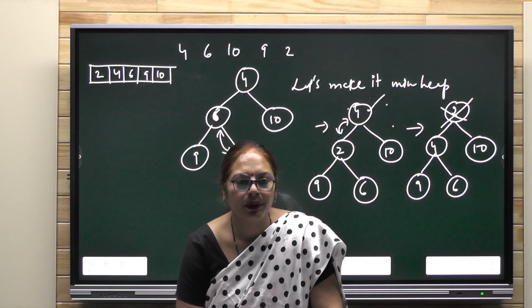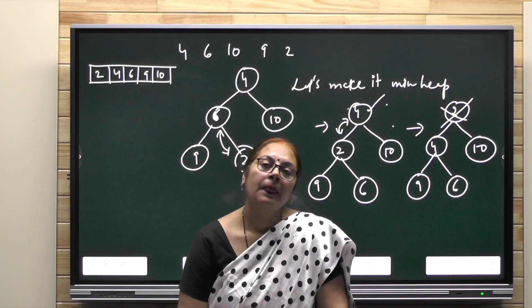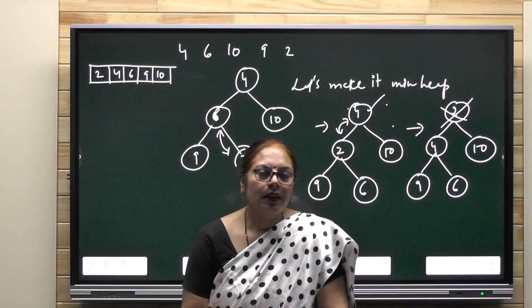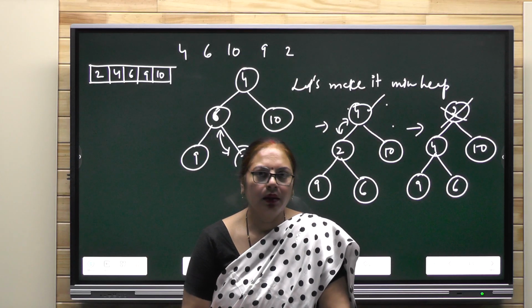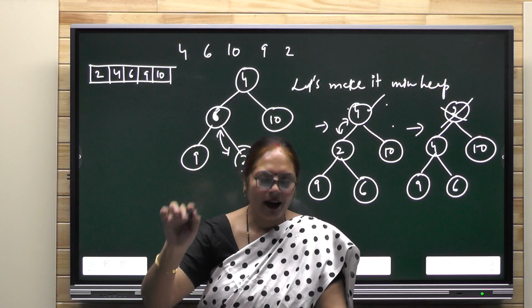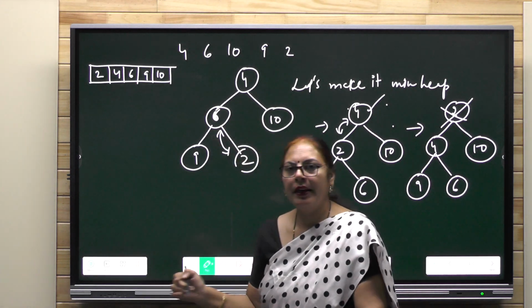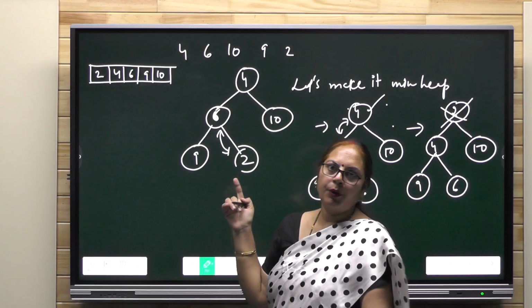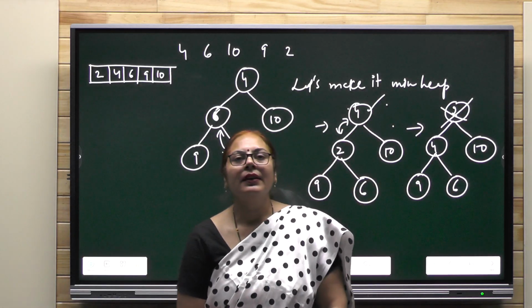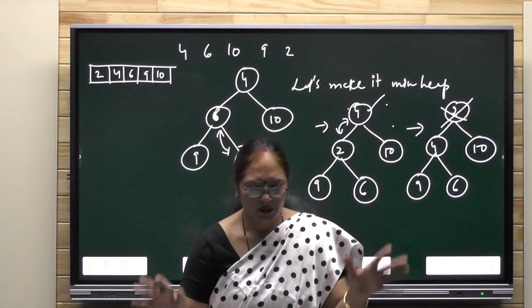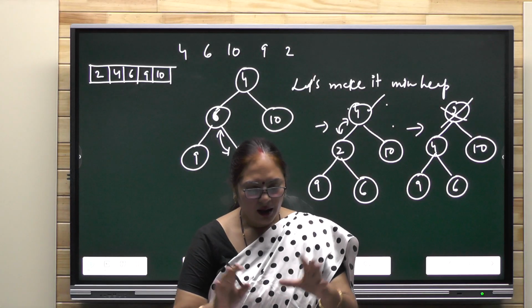The one thing that you have to remember in heap sort is that we have to go with either max heap or min heap. Any type of heap we can use, but we have to decide in the beginning, and whatever we have decided, it will be applicable throughout the problem. This is one thing that should be taken care of. Otherwise the process is the same. Create the heap, min heap or max